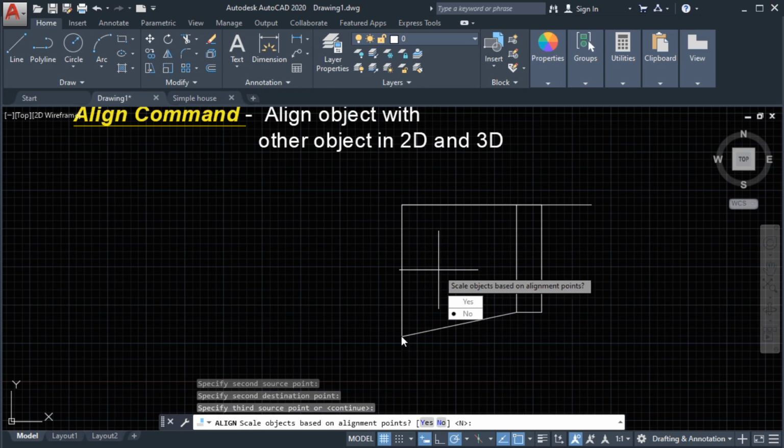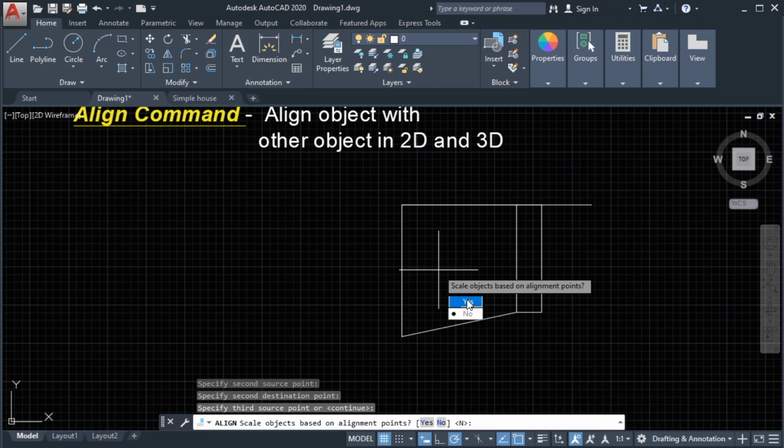This is our first alignment point, and the second we select this here. So this will scale the object to this line, wherein we select our 2 points from here and here.